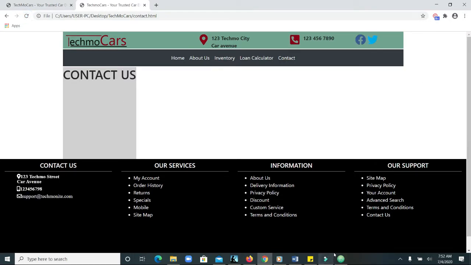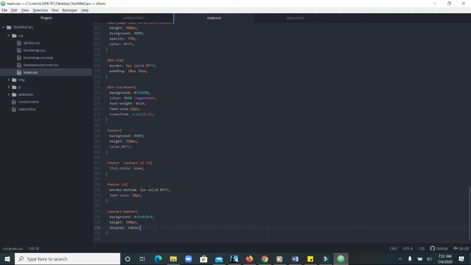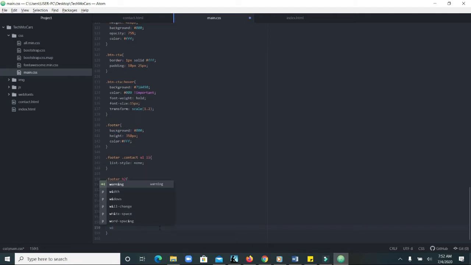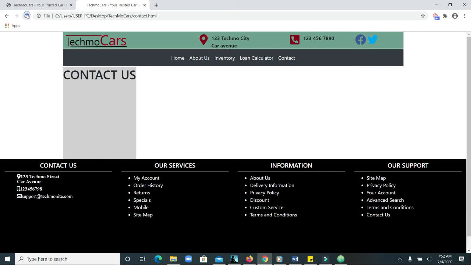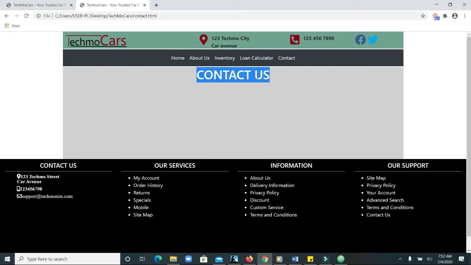Then we have the width as 100%. Like that. And then now we come to this one itself, and then we can say